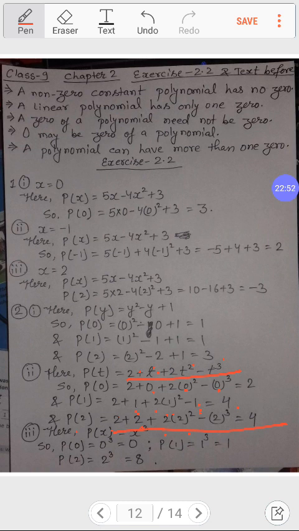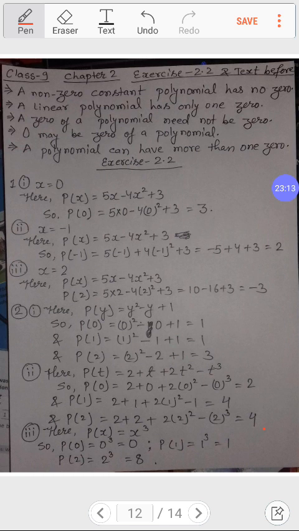How? It becomes 2 plus 2, it is 4, and 2 square is how much? 4, and 4 into 2 is how much? 8. So 8 minus 8, 2 cube is also 8. So 8 minus 8 is how much? 0. So what remains? 2 plus 2, that is 4. So I had written here 4.